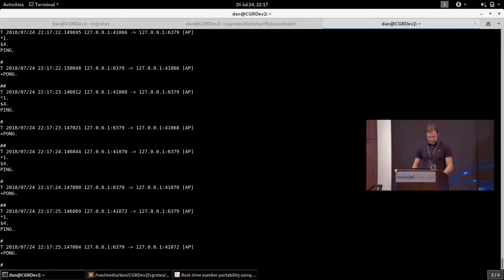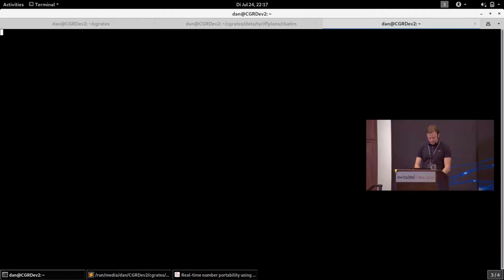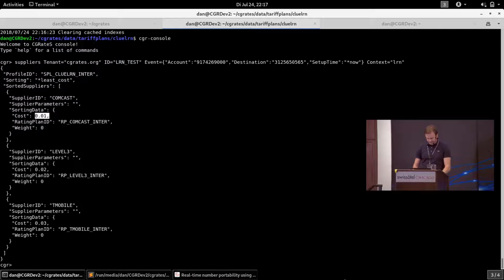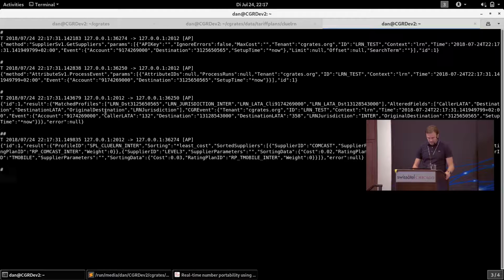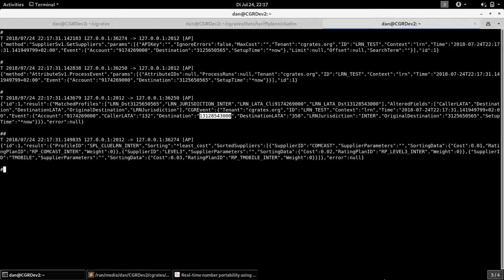The most important part, one second, I can show you the API call, is this one, that the attributes will show you that we have changed the destination. So the destination, the new one, is a ported number. So it proves that, or it looks like the hotel is using another number, so it was using already another operator than the original owner of the number.